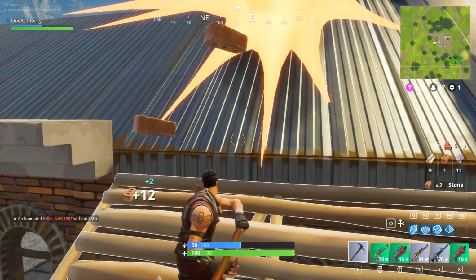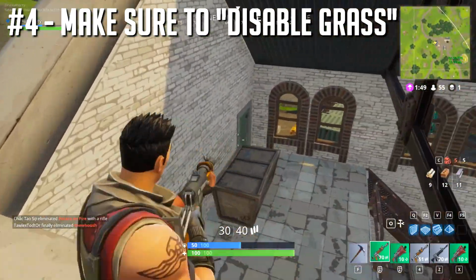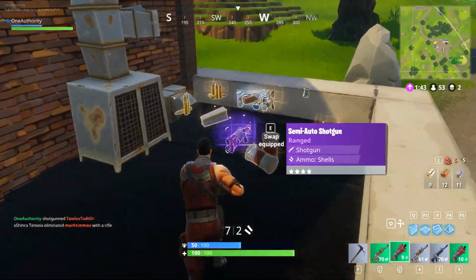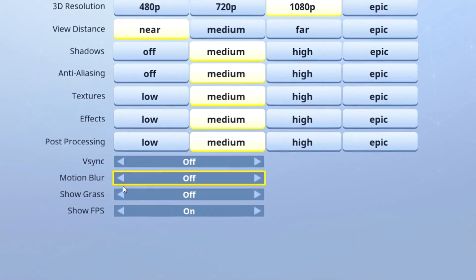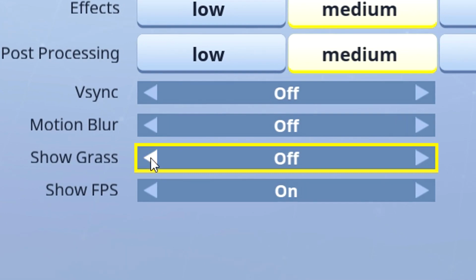enemies to hit you. In the settings, there is a ton of things you can change. There's the obvious stuff like post-processing where you want to turn that down in order to maximize your FPS. However, there's one option that a lot of people have absolutely no idea about, and that is the disable grass option. In Fortnite Battle Royale, finding enemies isn't too difficult, but you definitely want to